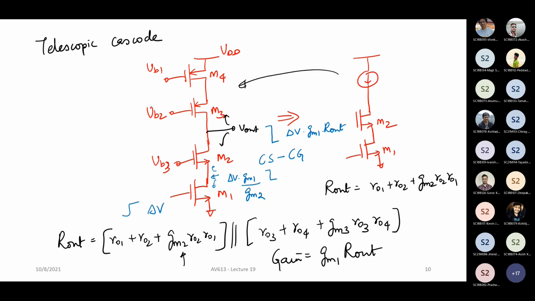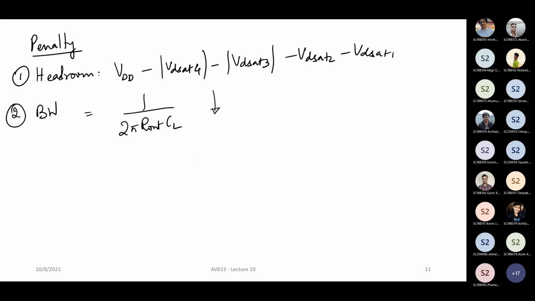So cascode improves your output impedance, it increases your gain, while at the same time you pay the penalty of having lower headroom and so on. But there is also one more advantage to cascodes. Okay. Now if you take a cascode and let us say you have some disturbance here of some delta V.